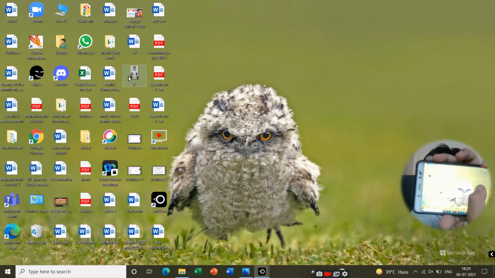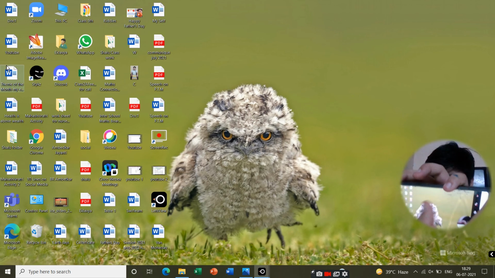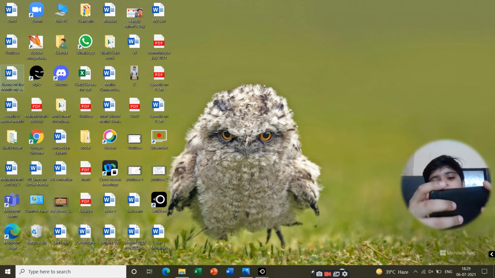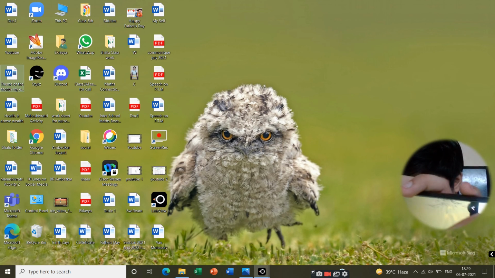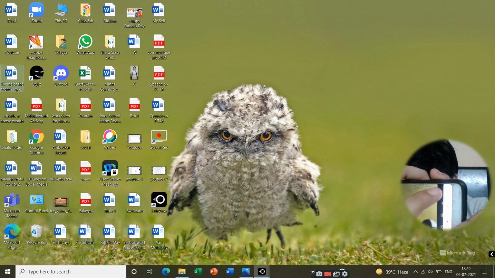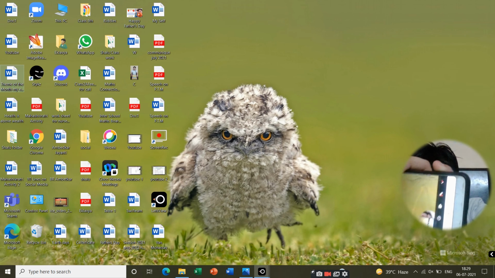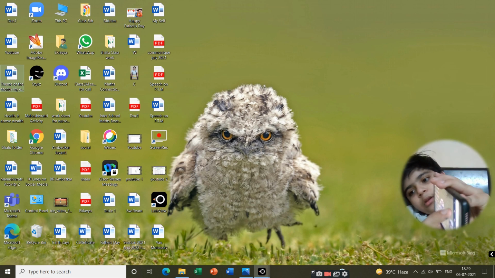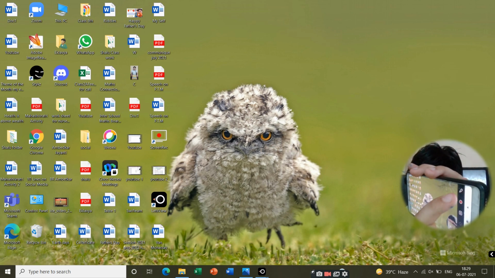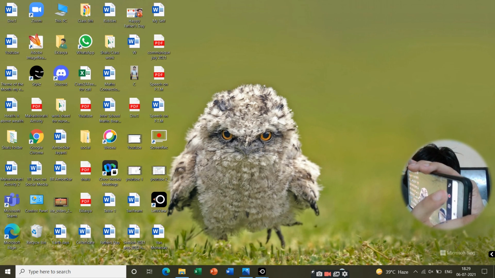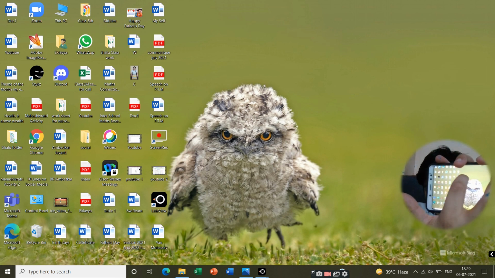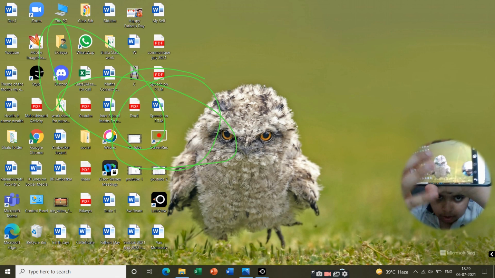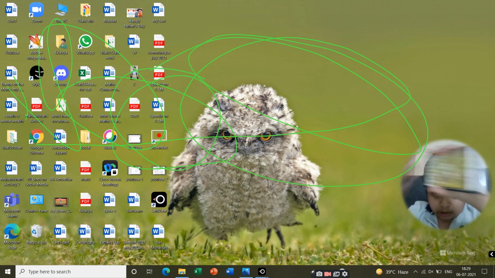You can see the cursor one time, and then my fingers. We can also do drawing. See guys, I will tell you. See guys, this is an arrow here. We have to click on it. It has come. Then we will click on the paintbrush. Here it was. Then we can take our color also. I will take green color. Then I can draw anything that I want.